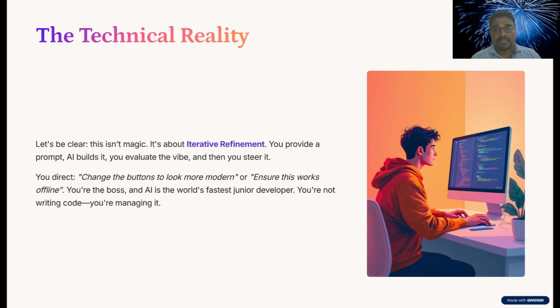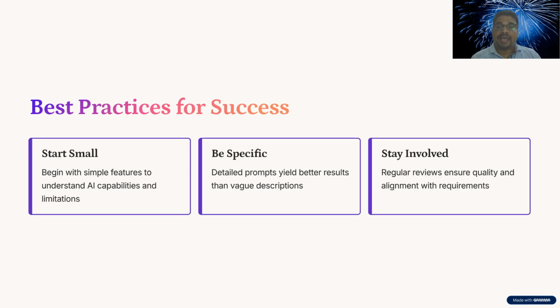That's how it is happening. Change the buttons to look more modern, or make sure this works if the user is offline. You are the boss, and the AI is the world's fastest junior developer. That's how we have to look at it. You are not writing code, you are managing it.